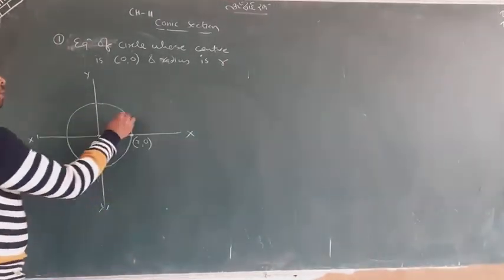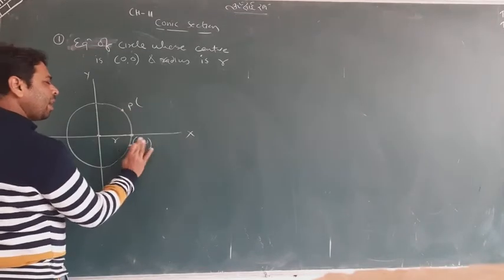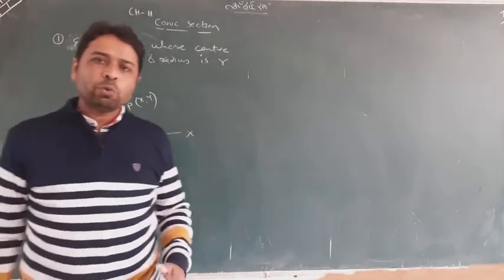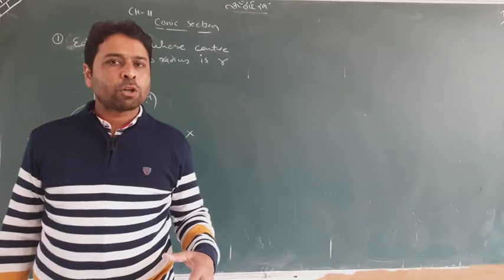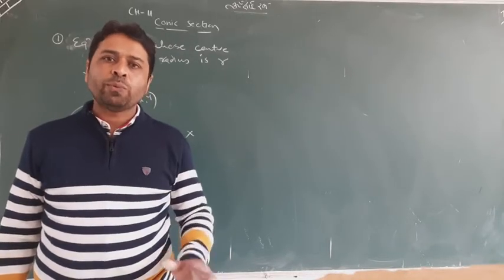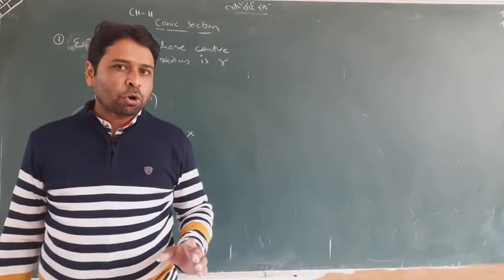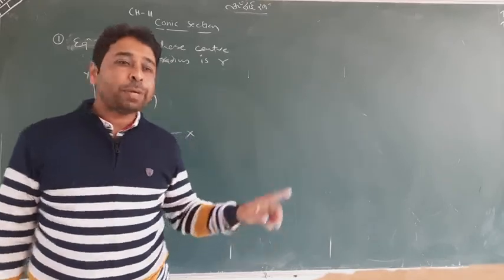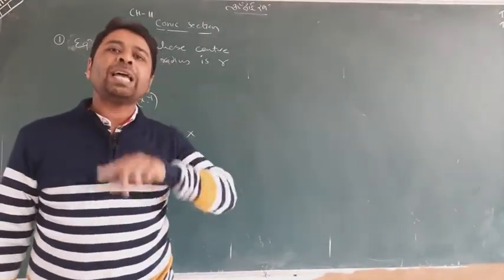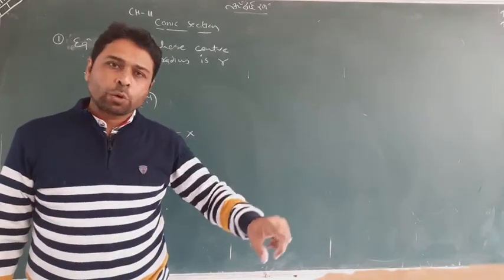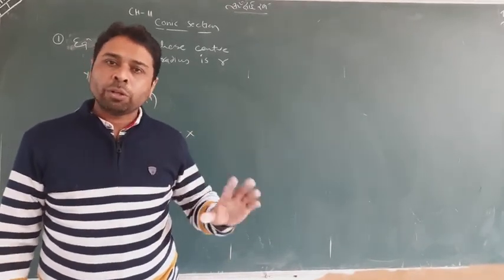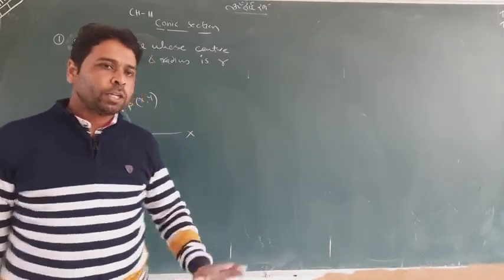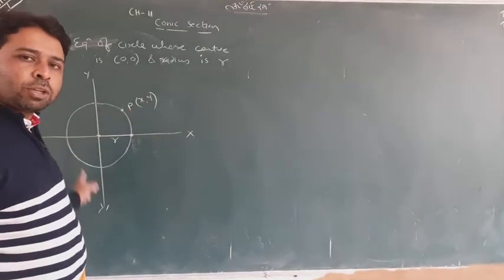Let me explain something. I am taking one point P, which is (x, y). Whenever you try to form the equation of a circle or line or anything else, you have to take one variable point. I recently taught you the definition: the circle is none other than the locus of the point P(x, y). P always lies on the curve. Whatever equation you are forming, line, circle, parabola, hyperbola or anything else, you have to take P(x, y) as a variable point. So P(x, y) is a variable point I have taken on the circle.